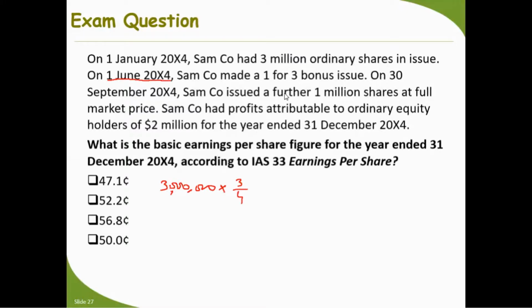You can do it simply: the number of shares required for one new bonus is 3, the numerator, divided by the denominator, one bonus additional, times the time fraction, which is till 1st June, 5 by 12, from 1st January to 1st June. So it is 3 million times 3 by 4 times 5 by 12 equals